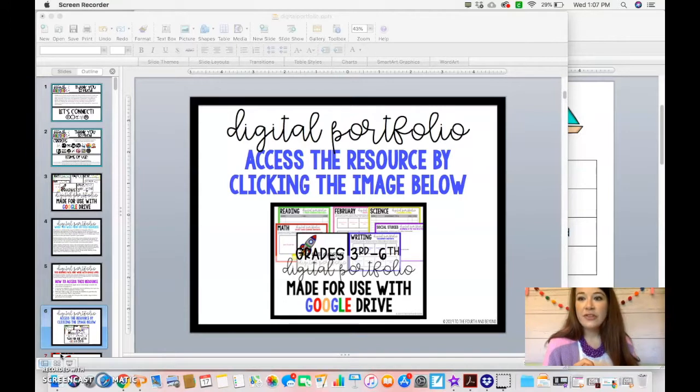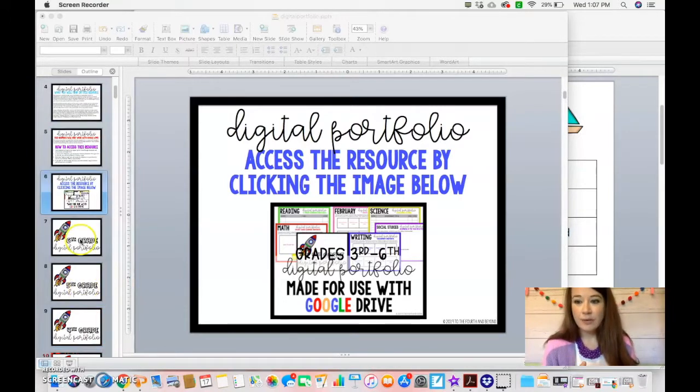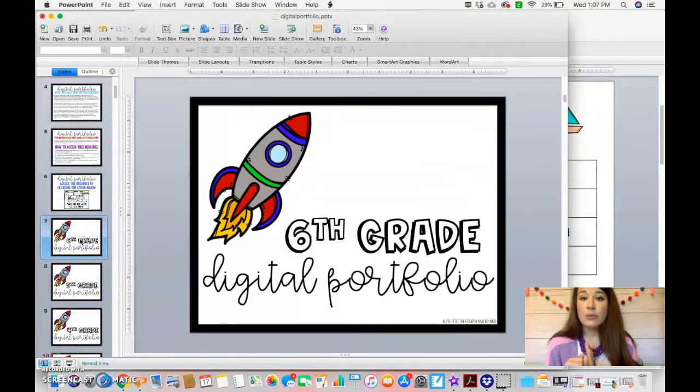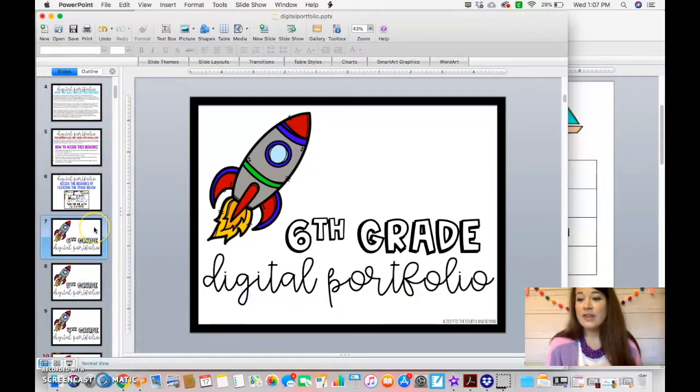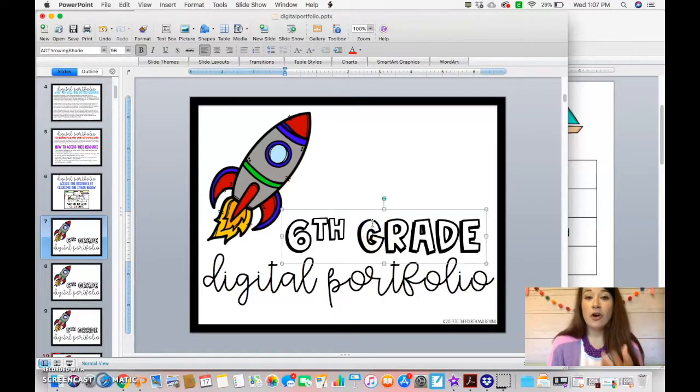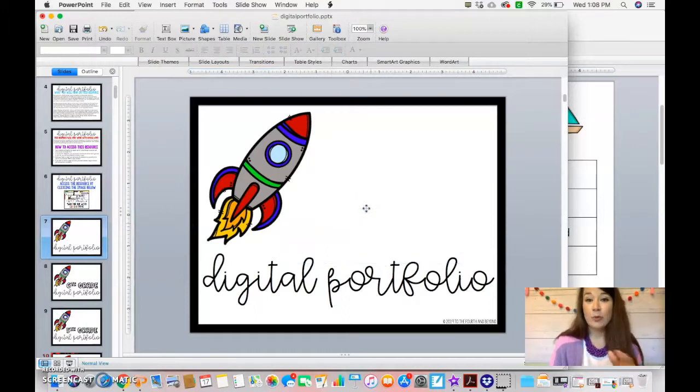So the first thing that I did is I made all of the templates. And in fact, right here, right now, I'm going to make another template because I did forget to put a non-grade level cover. I'm doing this so that this resource will be more versatile for all teachers, including those that aren't in the United States that don't necessarily have grade levels, or maybe those that are homeschooling. So what I'm going to do is I'm just going to get rid of this and I'm going to save